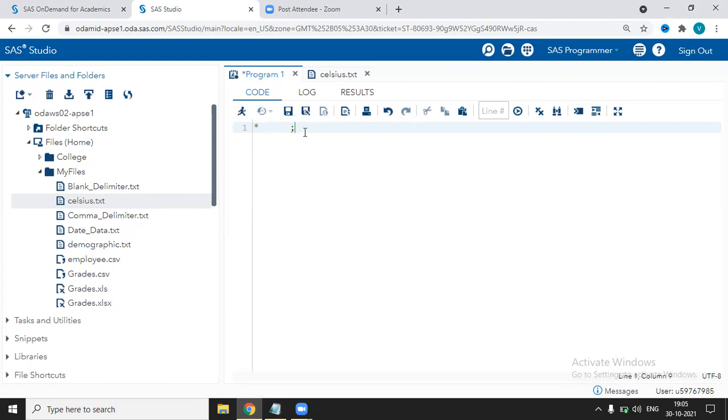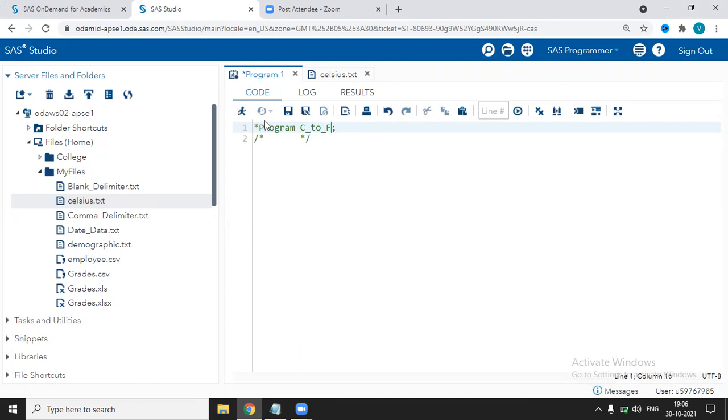This is the first method. Second method, you can use slash asterisk. In between, you can write your comment, and for ending this comment, you have to again type asterisk and slash. These are the two methods to write a comment. In this lecture, we are going to convert Celsius to Fahrenheit. So I will give the heading as program C, that is Celsius, to F, that is Fahrenheit. And for ending this, we have given the semicolon.